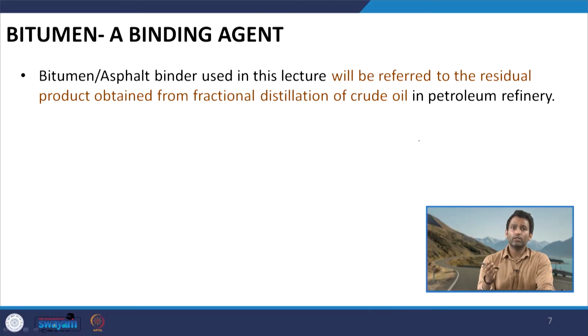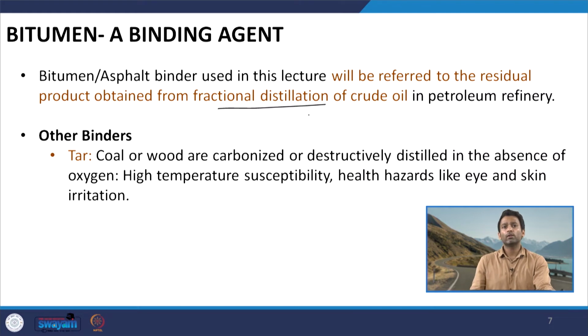In this particular lecture, when we will be discussing bitumen and asphalt binder, we will differentiate this from various other similar binders which have been or are being used for construction. In this lecture, bitumen or asphalt binder will refer to the residual product which we obtain from fractional distillation of crude oil. Therefore, it is important that we differentiate this material from the other forms of binders which exist. One of those binders is tar,